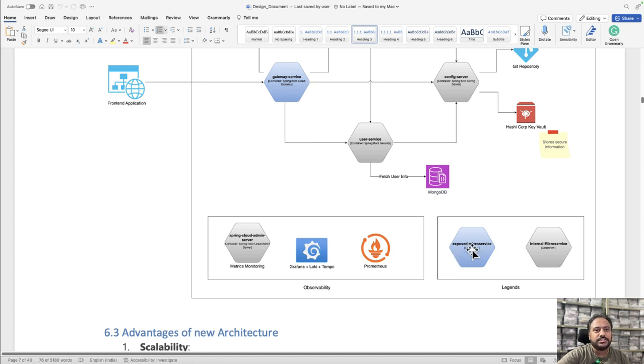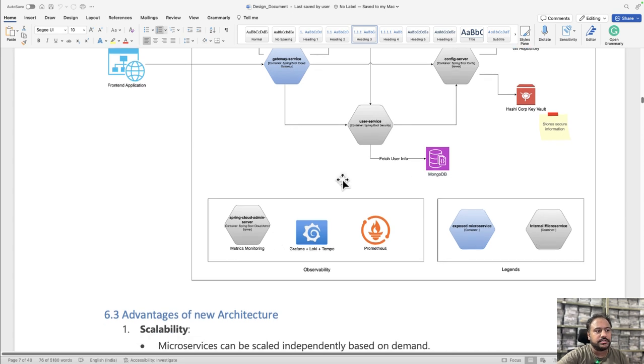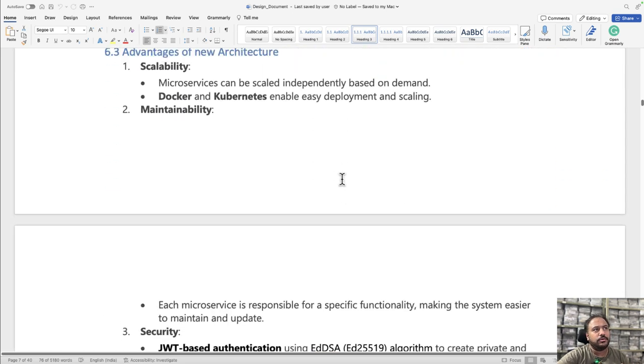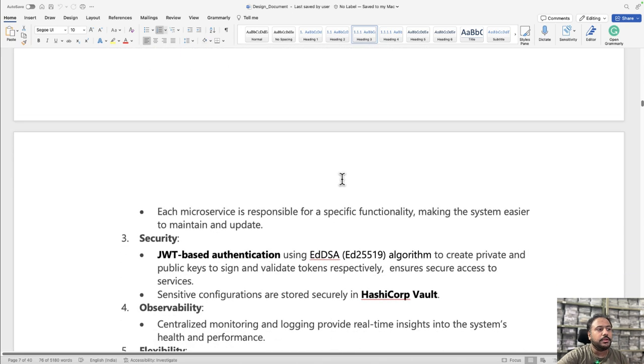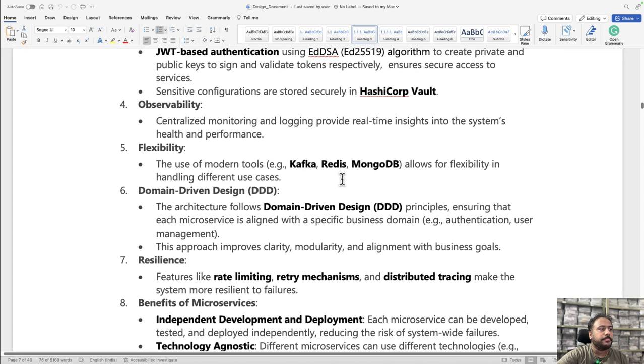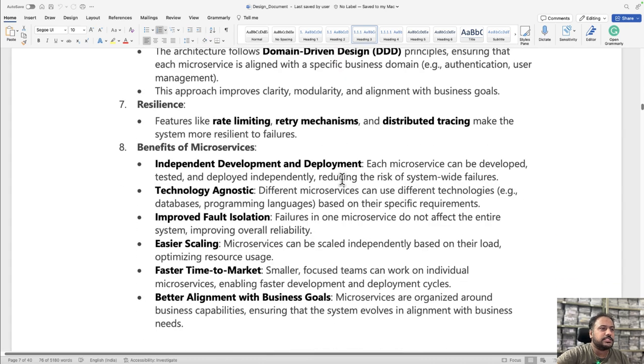These are the legends, which show which one is an exposed service and which is an internal service. So these gray ones are all internal services. And we all know about the advantages of microservices architecture. It's all detailed out, but we can go through it. Now, talking about one of the main aspects of this